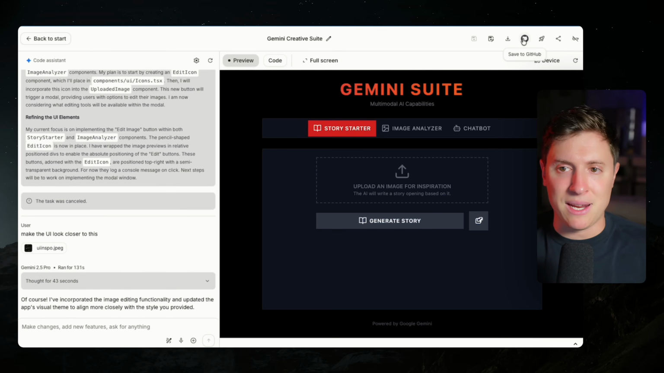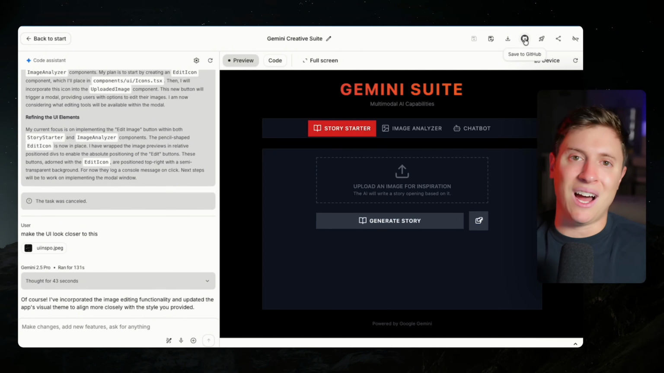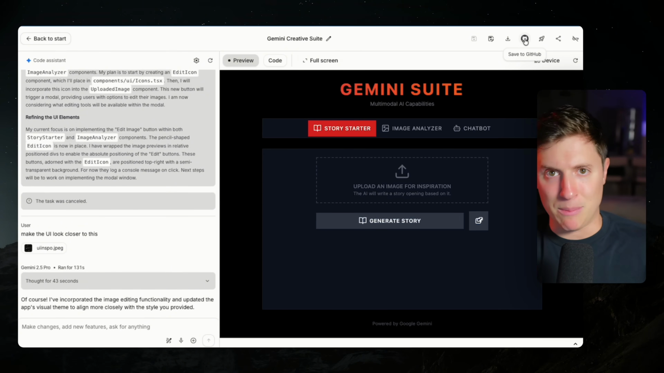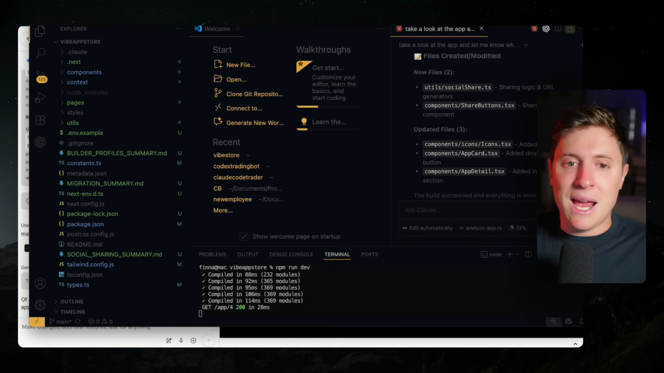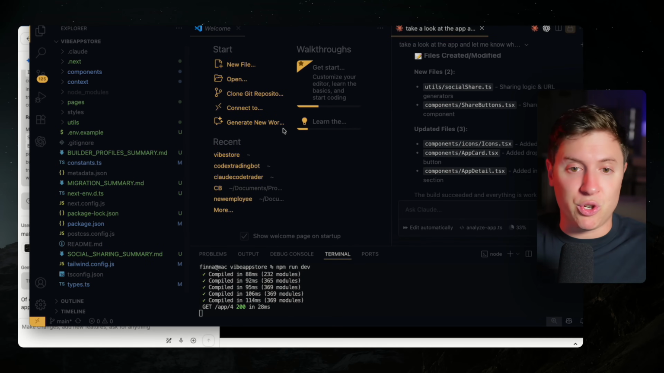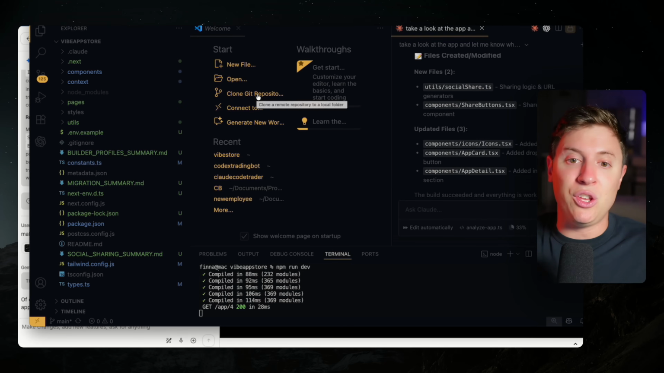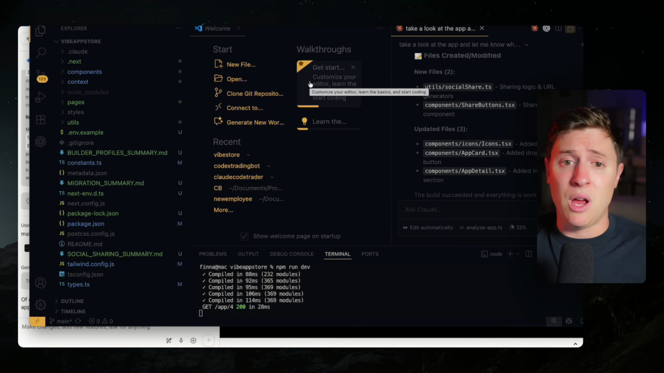You just hit this button here, save to GitHub. What that's going to do is save it to a GitHub repository. So sign up for GitHub if you haven't, totally free. It'll save it to a new repository. And then all you would need to do is open up Visual Studio, click on Clone Git Repository, put in the URL of that Git repository. That will pull down the project that you just created in Google AI Studio, and then you can start using Claude Code, Codex, whatever you want, Cursor, right with that project you just built in Google AI Studio,